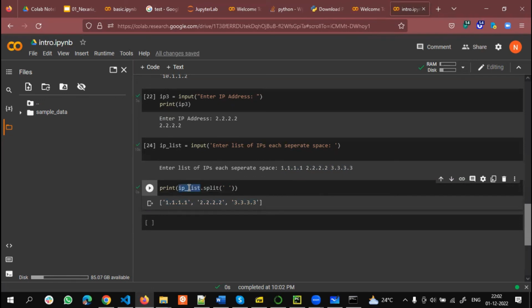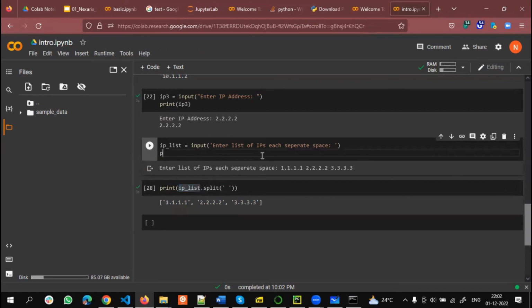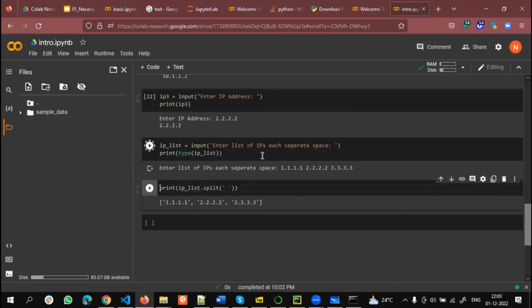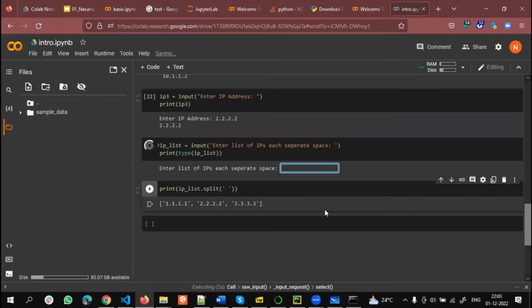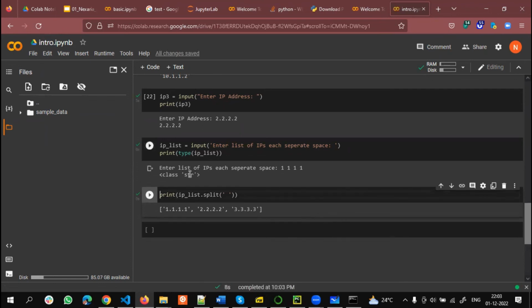IP list is a string, because I can check. It's basically a string. That string,